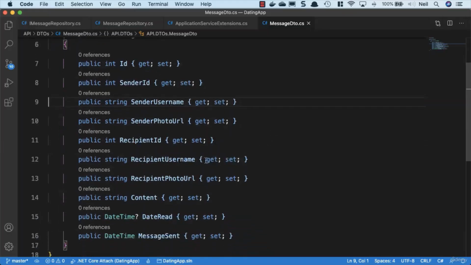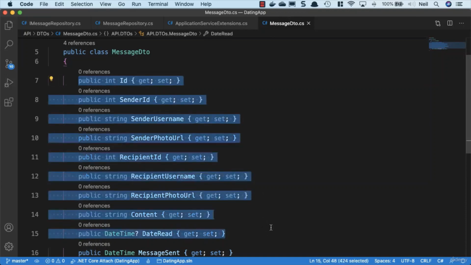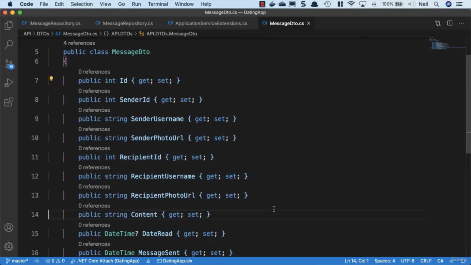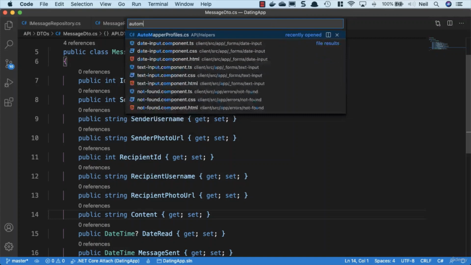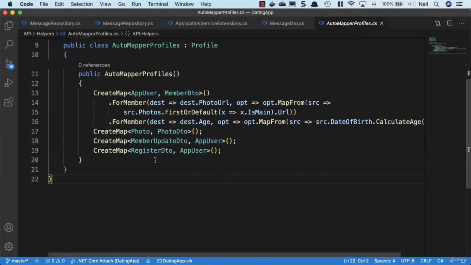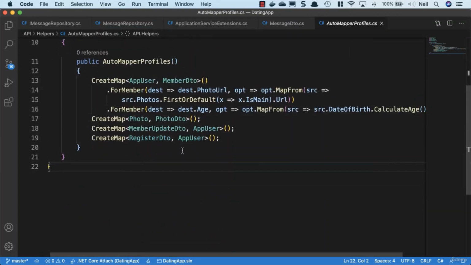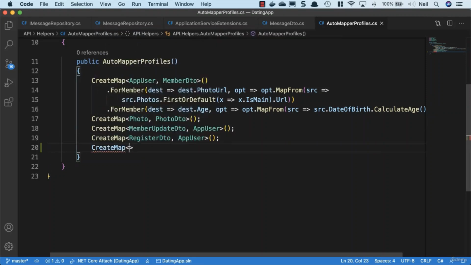Okay, because we've got quite a big DTO here, what we're going to use is AutoMapper to help us out with this one. And we'll go to our AutoMapper profiles and let's take a look at what we can do inside here. So we want to go from our message to our message DTO. So what we'll do is we'll create a new map and we're going to go from our message to our